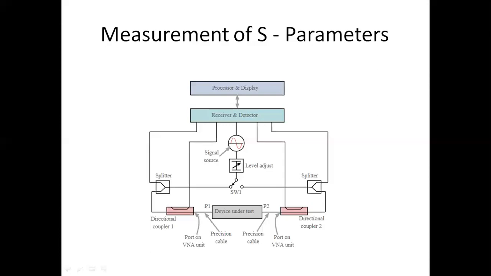The reason we are using the splitter is that this splitter will split the signal that is generated from the signal source and give part to the receiver for reference and the other part to the directional coupler. Here we are seeing that the splitter is splitting to the directional coupler 1 as well as the receiver. In receiver 1, it is stored as a reference signal, and then the remaining signal is passed through the directional coupler and allowed to pass through the device under test